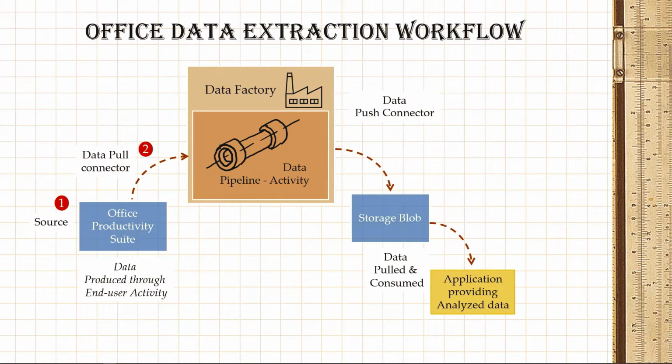In this demonstration, we will first look at the Office 365 source being prepared for this purpose by setting the data access approval authority group. We will then share the setup of copy operations in the Data Factory pipeline with the various linked services to the Office 365 tenant and the Azure Blob respectively. And finally, we will peek into the code of the C# application developed to pull the data from the Azure Blob sink set up in this demonstration and provide the processed, analyzed insights from the data collected. So let's get started with the demo.